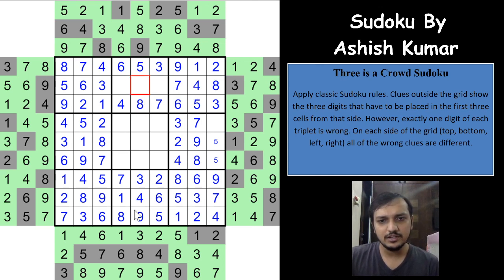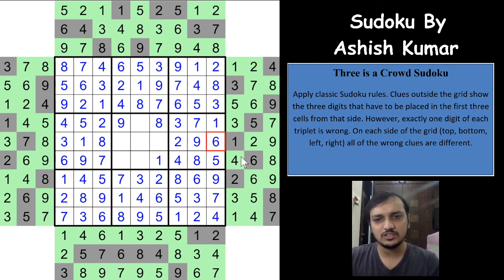So 8 and 8 will give you an 8 here, and 9 and 9 will give you a 9 here. The other two digits are 2 and 1, right? So 1 and 1 will have a 1 here, and because of it she will have a 1 here, and the other two digits are 5 and 6. So 6 cannot be here, which means it has to be 5, and this has to be 6, and this has to be 6. It's just now placing the classic way, right?